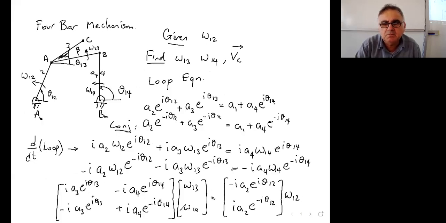Omega 1, 3 and omega 1, 4 are here. You see? But you're taking the determinant on the right side? Yes, because that's the Cramer's